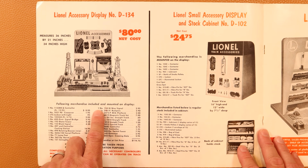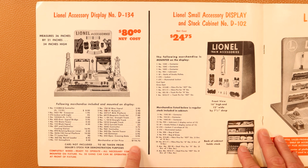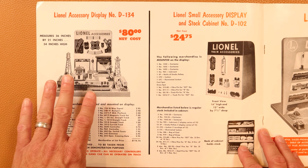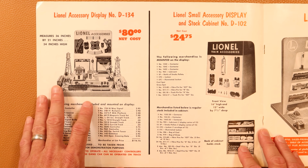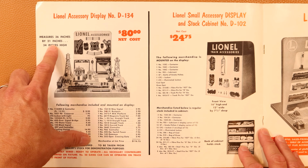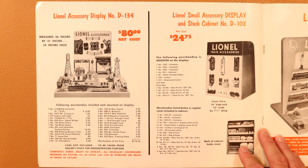So the following merchandise is included, mounted on the display. You get all the little pieces and parts that you need. It's about $116 worth of stuff for $80. So it's a no-brainer to be able to get this display added to your store. Okay, this display measures 36 inches by 21 by 34 inches high, so it would fit pretty much anywhere that